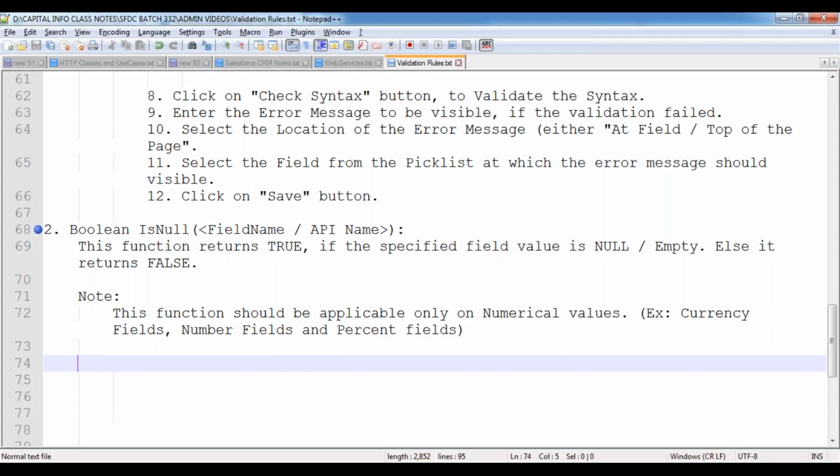Now, in this case, in order to know whether the specific numerical field value is empty or not, we are using the help of is null function. Then how can we do that? Now let's see practically in this case.